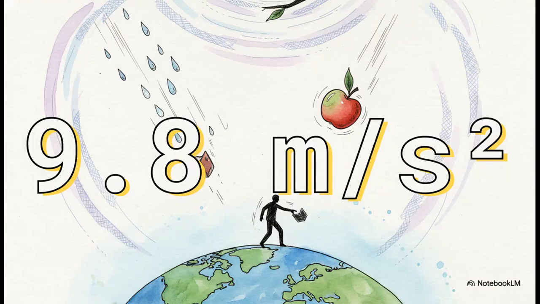Here on the surface of our planet, Earth's gravitational force causes things that are dropped to speed up, to accelerate downwards at a rate of about 9.8 meters per second for every second they're falling. We call this special number g, and it's what governs the motion of everything from a single raindrop to, you guessed it, a falling apple.